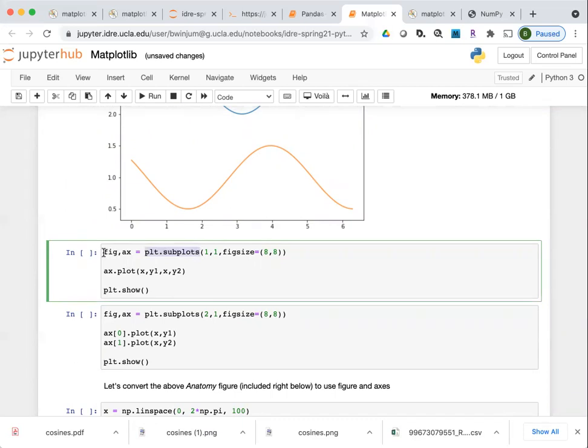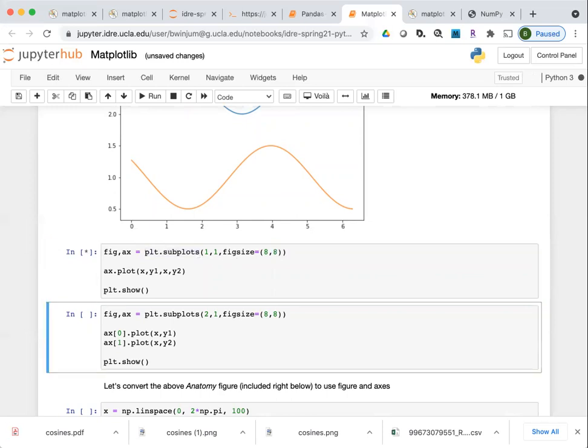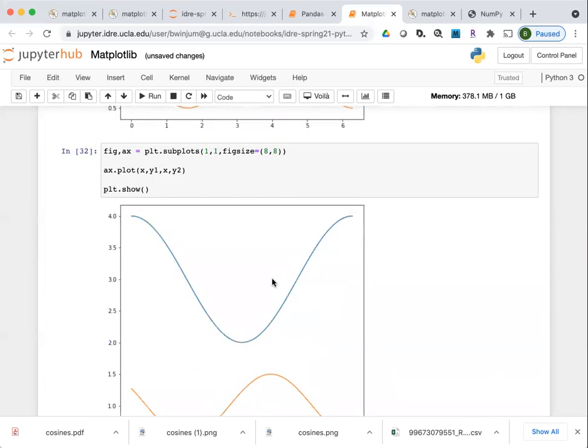This is the Python syntax for assigning two returned objects to these particular variables. plt.subplots generates the objects, and this assigns the figure object to fig and the axes object to ax. Here you also specify the number of rows, the number of columns, and I'm passing in the figsize parameter again. So it generates the same thing.